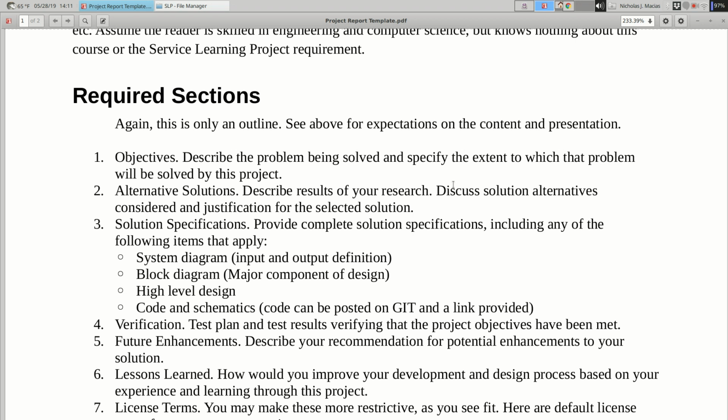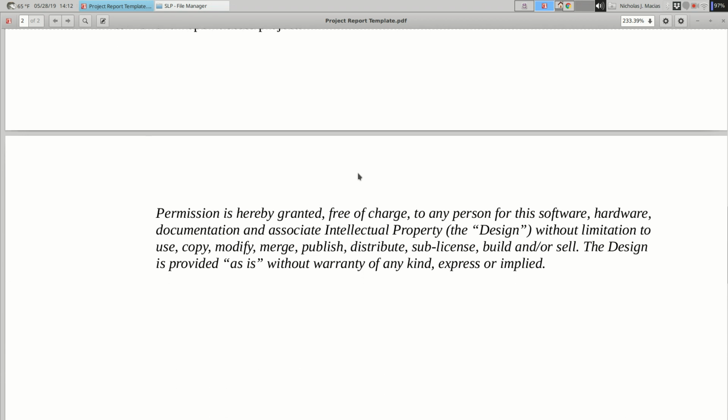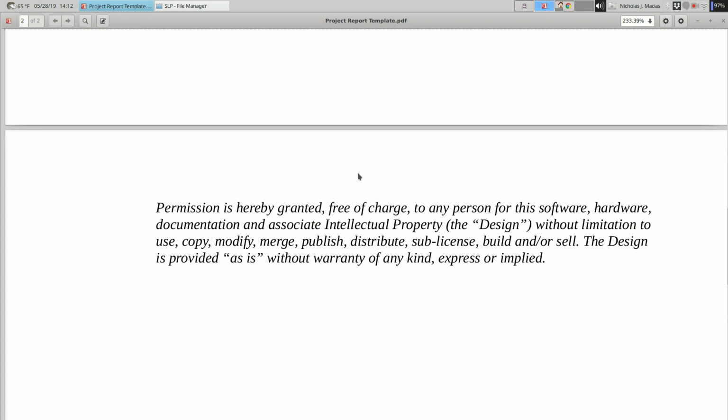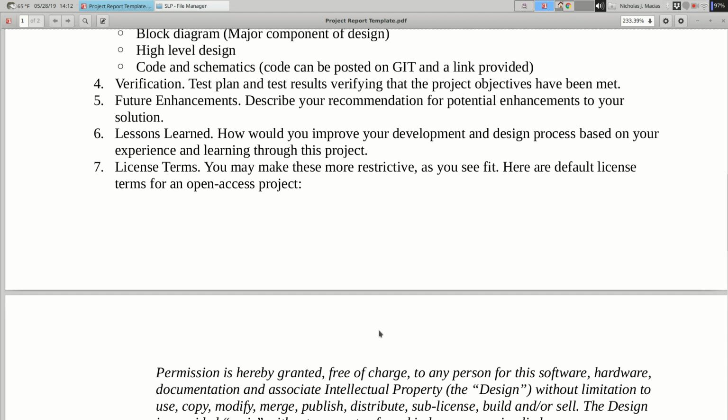And then the last section is license terms, and this is really important to put in your document. The default license term for most people, you can just copy this in there, and it basically says anybody can do anything they want with this. So that's a completely open license. If you do not want that, just say license terms and say whatever you want.